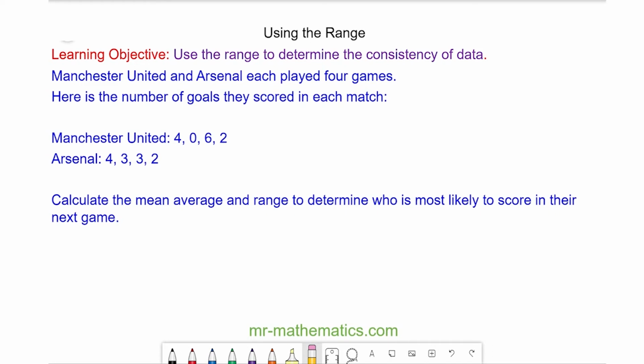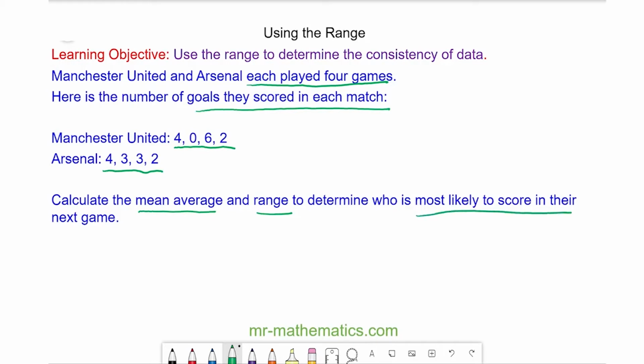Hello, in this lesson we're going to determine the consistency of data using the mean average and the range. So Manchester United and Arsenal each played 4 games, and here is the number of goals they scored in each match. Manchester United scored 4, 0, 6 and 2, and Arsenal scored 4, 3, 3 and 2. We're going to calculate the mean and the range to determine who is most likely to score in their next